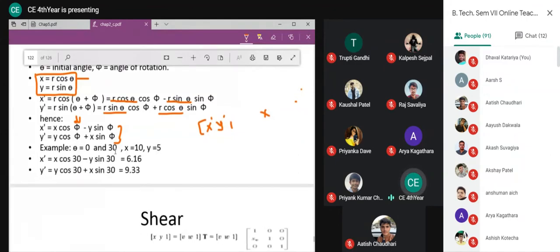Then if I want to rotate by 30 degrees, I will just use this equation. I will substitute those values, and I will get these two coordinates. Earlier my x was 10, now it should be 6. And earlier my y coordinate was 5, now it should be 9. Whatever value I get, I will change it to the new coordinates. So whatever value was available at this point, if I shift it to these coordinates, then my image will be rotated by 30 degrees.